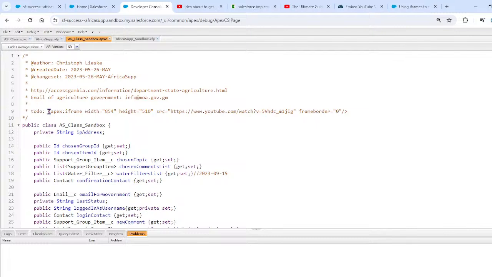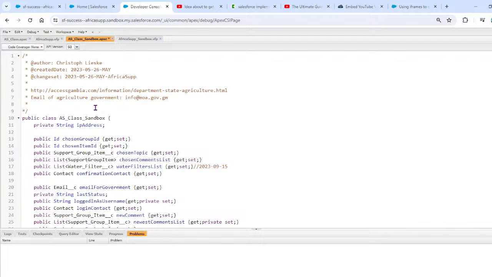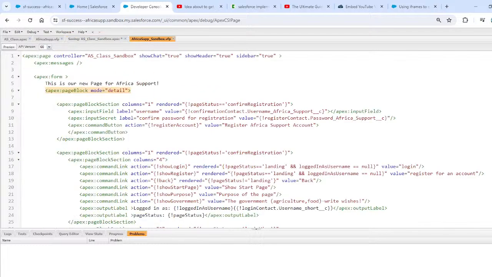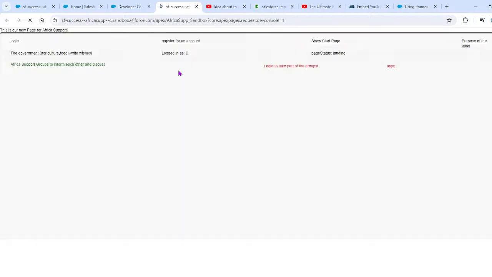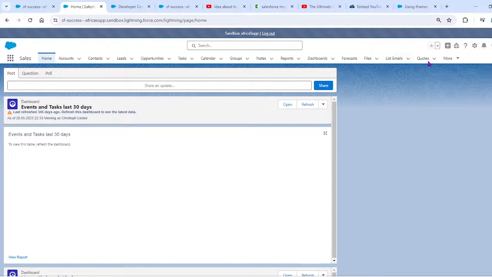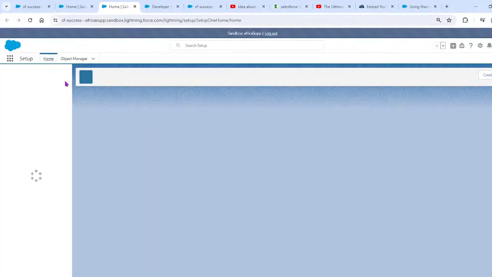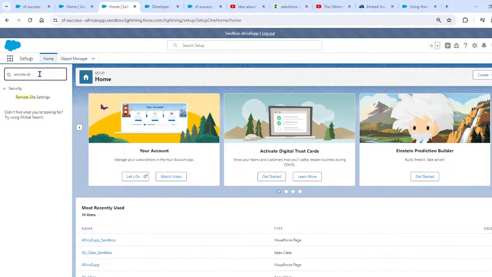Okay, let's see. Let's take the to-do, the iframe. I mean, you need to know what about the to-do. Let's save it in the meantime, and let's try to put it in here. And now we are saving it again, and let's make a preview, and let's see if even in development it is not working. Let me see why. Just because it can be the remote site settings actually. So let's have a look at the remote site settings,